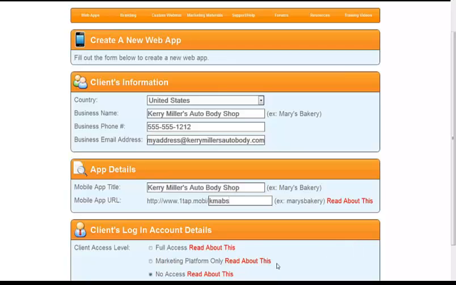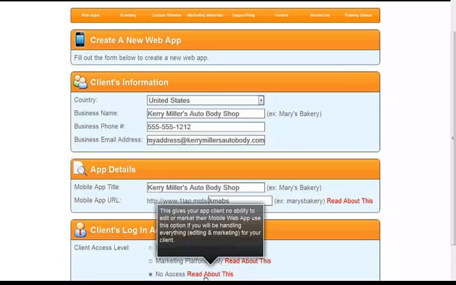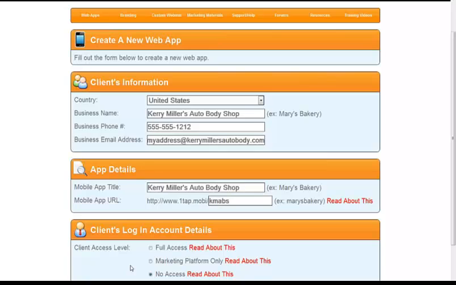Now what you have to decide is do I want them to do nothing, okay? I'm going to control everything. If you do this, they cannot edit anything and they cannot go into the marketing platform. I personally recommend, where can we get a wholesale account? Mine is set up, Joe, mine is set up at HostGator.com. Just set up an affiliate program and you can sell them from there all day long. You make your little money on the side from that. HostGator.com. It's my favorite place.